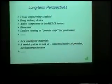So these are some of the long-term things that could be applicable by this technology, such as tissue engineering scaffolds, drug delivery devices, and actually incorporating these structures in microfluidic devices is also going to be very interesting. Because of the presence of biomolecules and the conformational change, one can envision that these could be useful as biosensors. And these are more practical